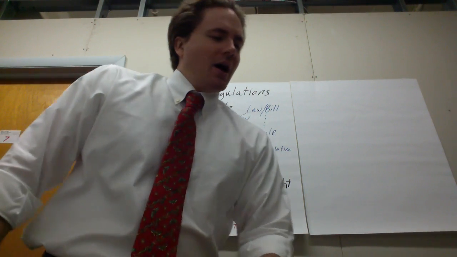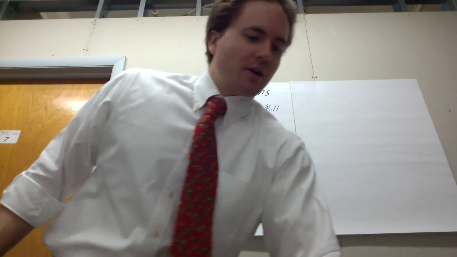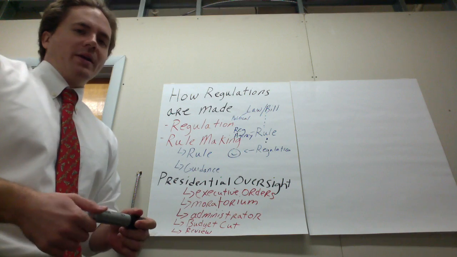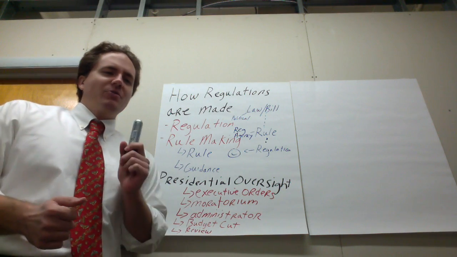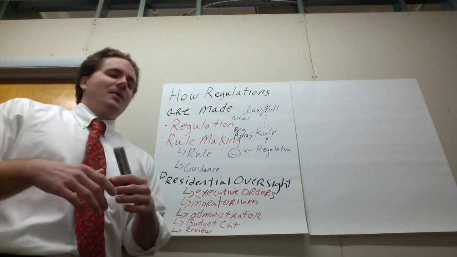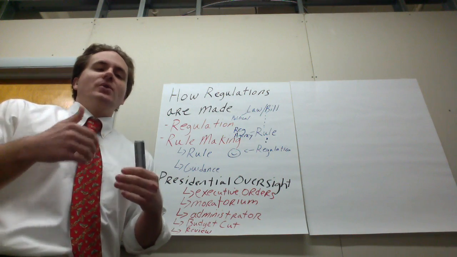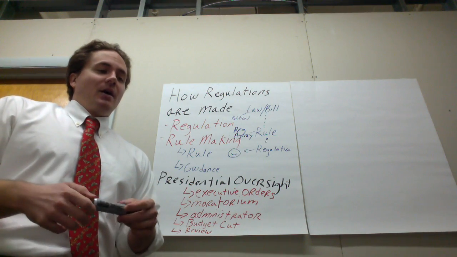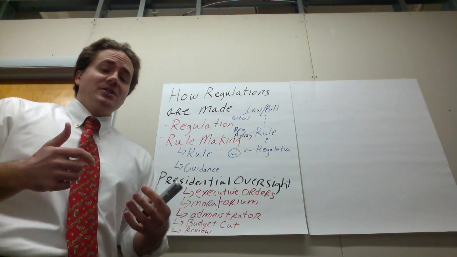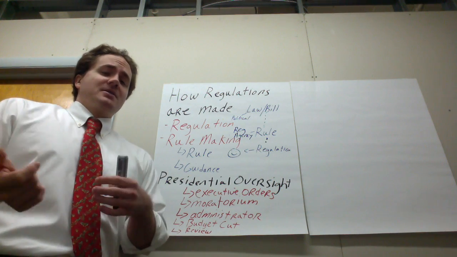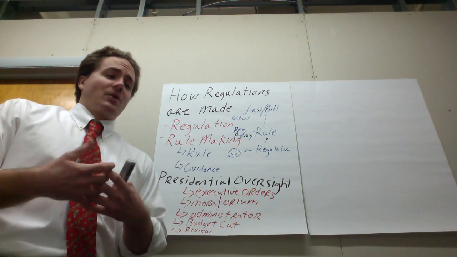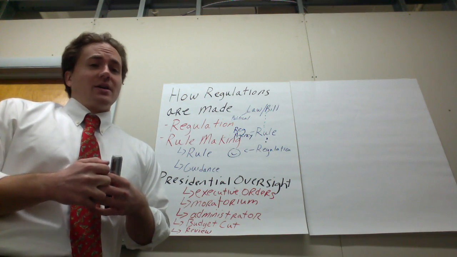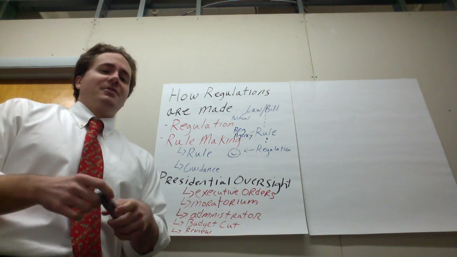Okay, welcome back. So what we're going to do is we're also going to talk about different kinds of conflict that come with regulations. You have to remember the courts can adjudicate, or basically step in, anytime there's some sort of conflict. There can be conflicts between regulatory agencies, conflicts between businesses and the government. All sorts of conflicts can arise, and they typically stem around interpretation or violations of regulations. So, of course, the courts have the final say.